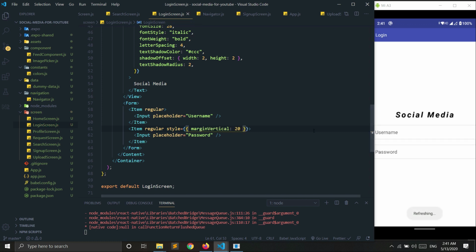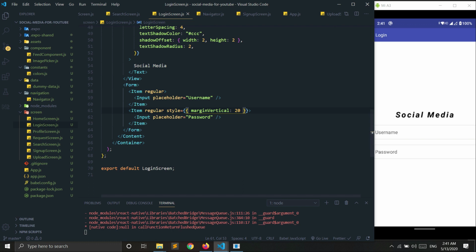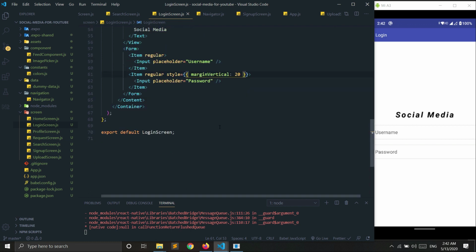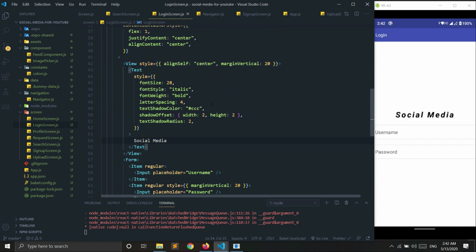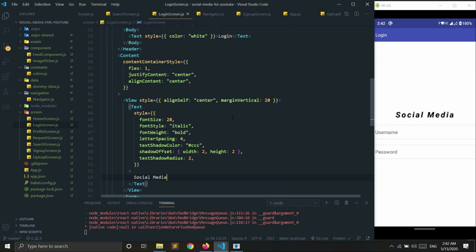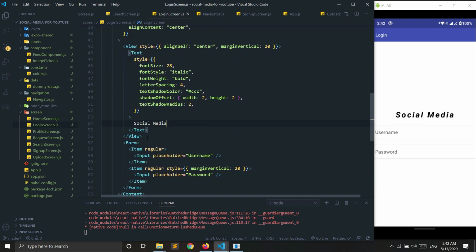Okay, so now let's give margin horizontal to this form. Okay, now